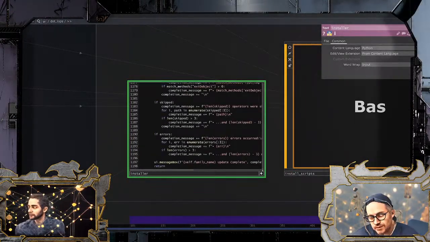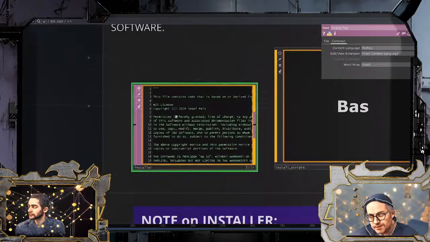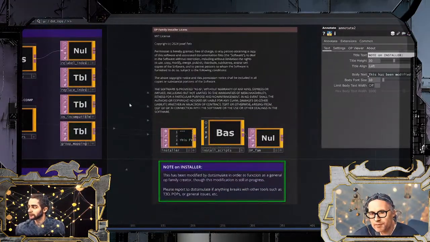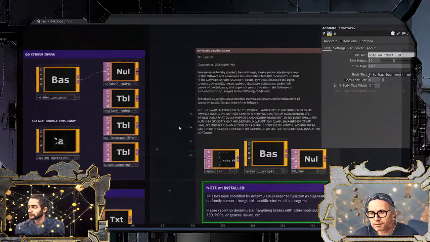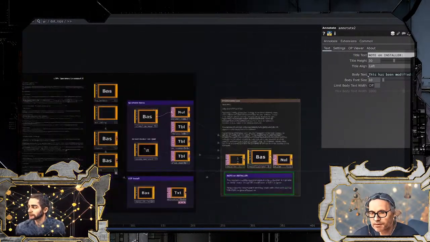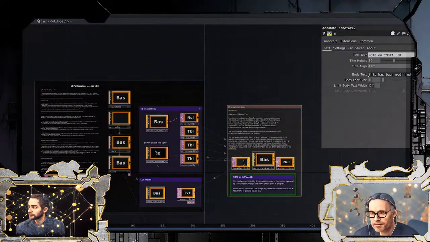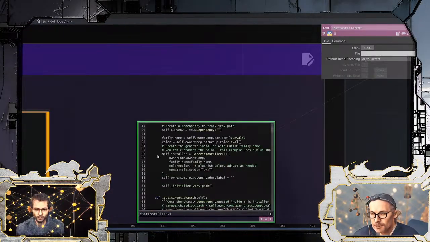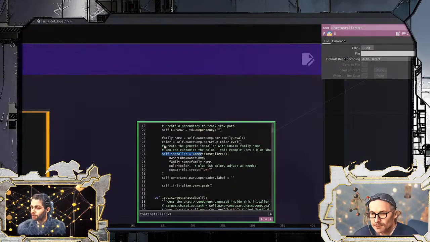It's a lot of lines of code, and honestly is not guaranteed. There's notes on the installer. In theory, you would be able to copy and paste this into an operator, and then in a main extension class, go self.installer. You would have to grab the installer.